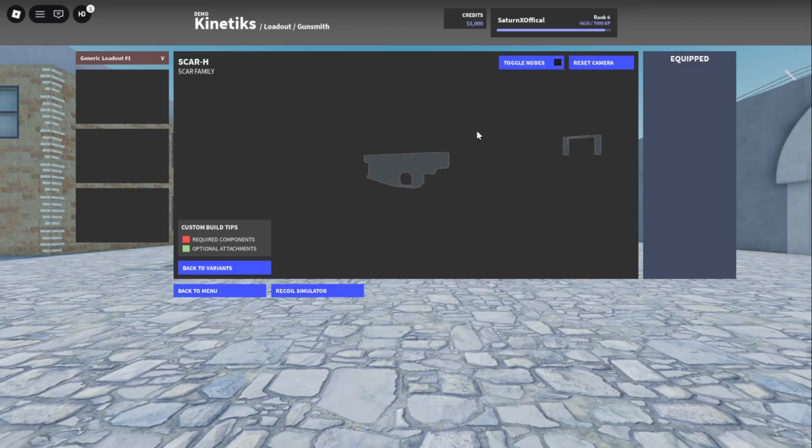You can toggle the nodes and just have it be rotation only. And reset the camera to be centered, all that. You can also zoom in on specific parts of the gun, so it'll zoom in wherever the mouse is facing, which I am pretty happy about. Reset the camera and re-show the nodes. And the nodes is where you can place attachments,